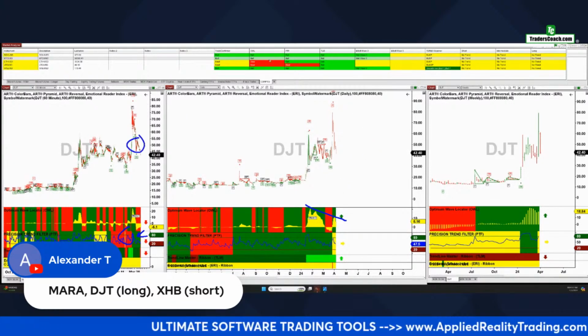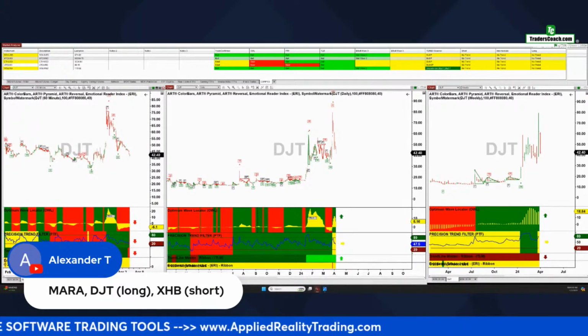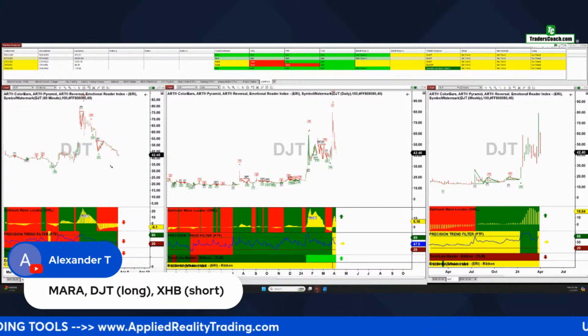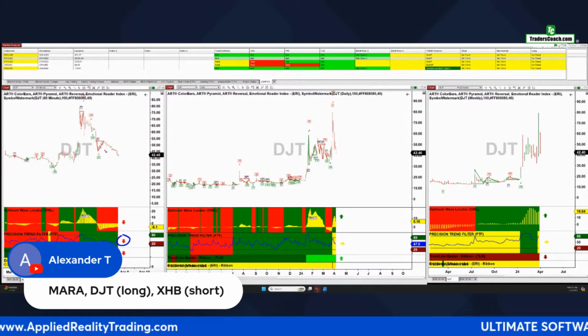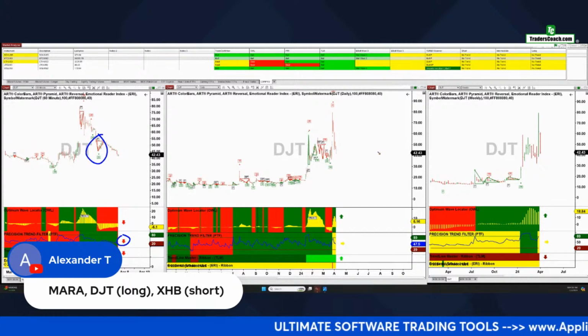If this holds, then that's kind of interesting. So we got an active pyramid here. Here's how you play this. Thank goodness for 3 time frames. And look, we do not now have a green pyramid. It turned red, and we have a red pyramid. So you can't go long on this.